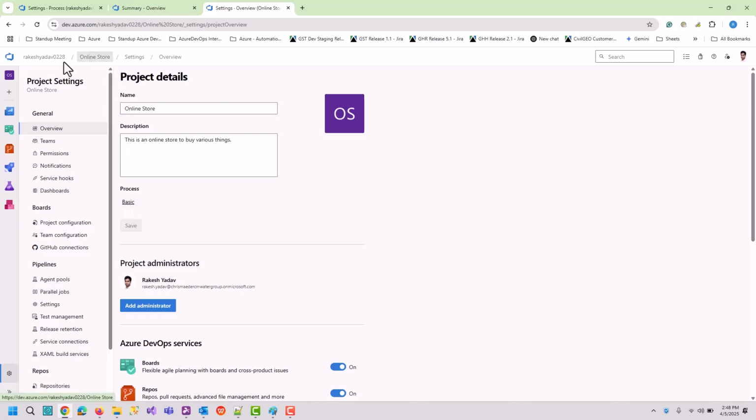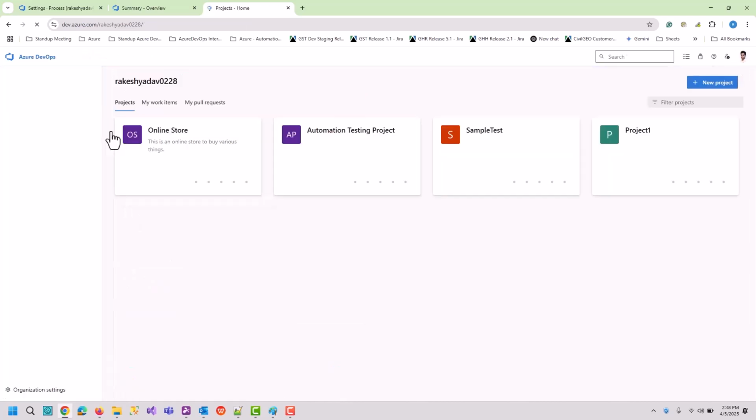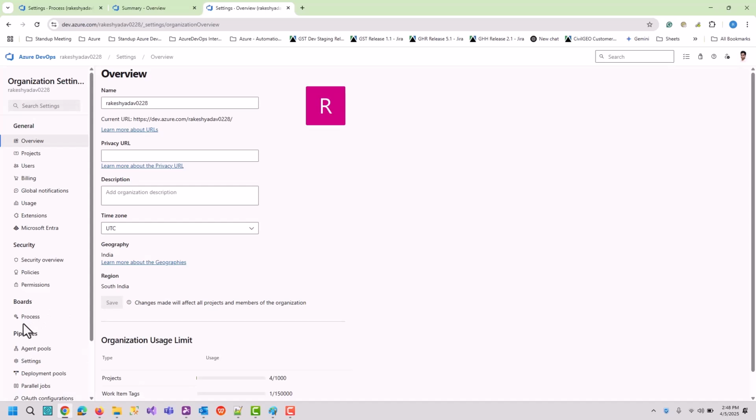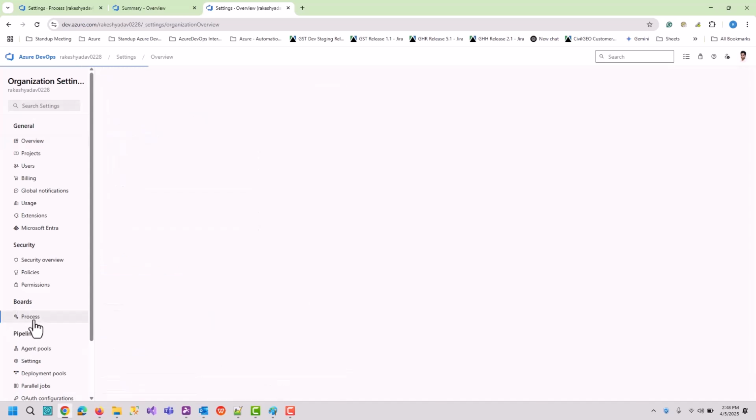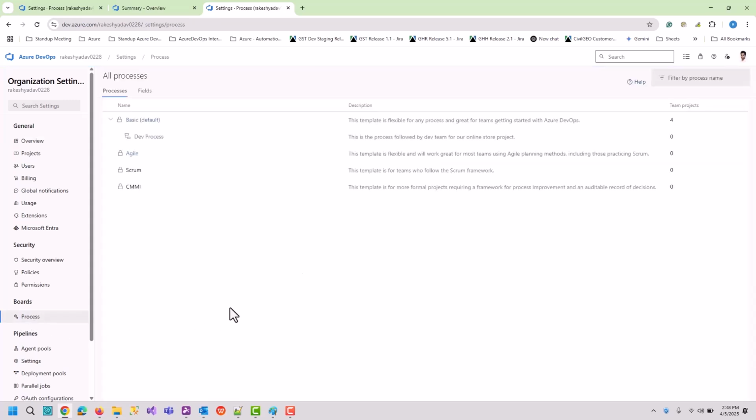So let's go to our main organization homepage here. Then go to organization settings. Here you can see this option, as I have already explained. For process, under boards, click on this process option. If you click, you can see this last column. All of my 4 projects are currently using this basic process.